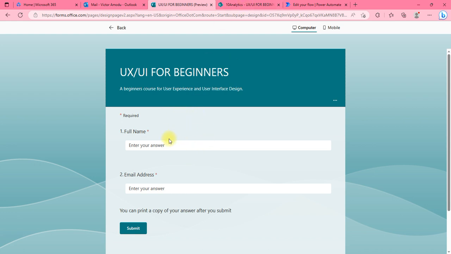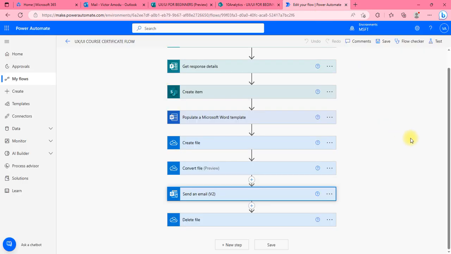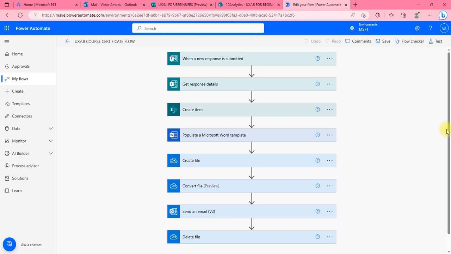for the participant to give their full name and email address. And here, this is the SharePoint library to record the information, just the full name and email address. And here's my flow. I'm just gonna walk you through the flow real quick. So here we have